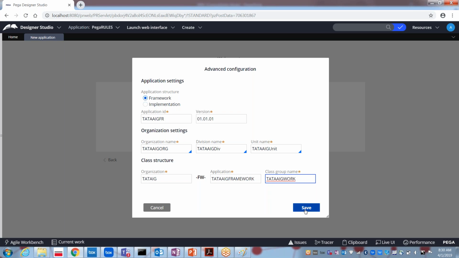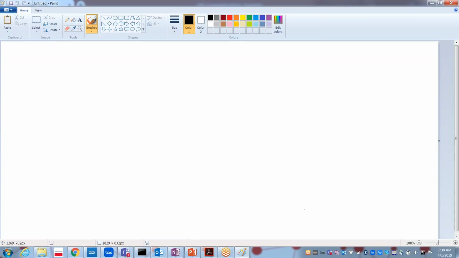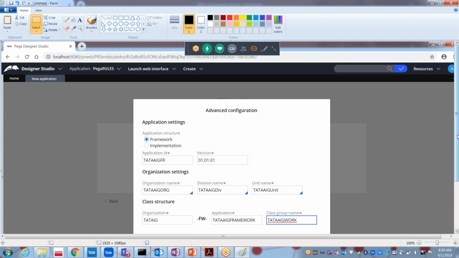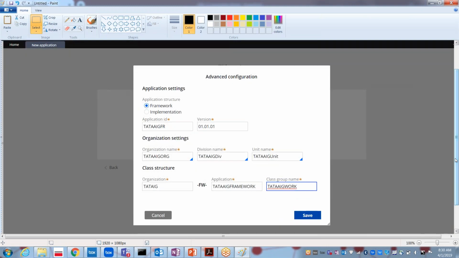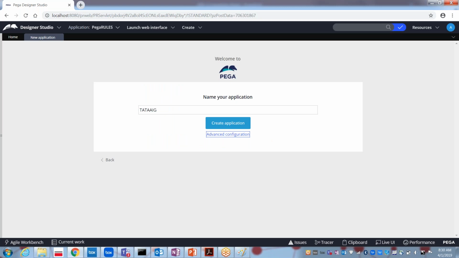Then if you select save, it is going to create the application for us. Just for understanding, I'm taking a screenshot of what we have given and how exactly it is going to create it. And then save it. After giving the advanced configuration, now select create application.